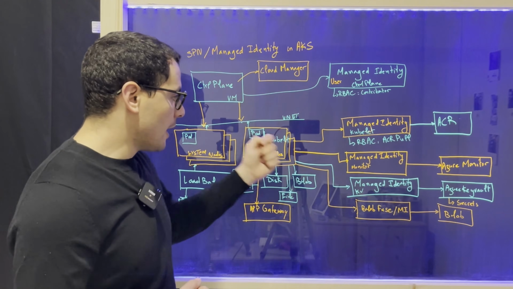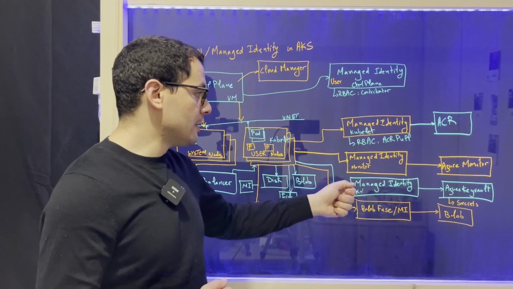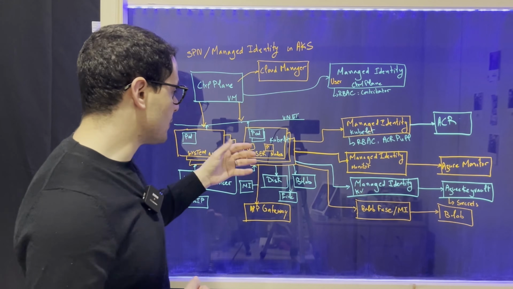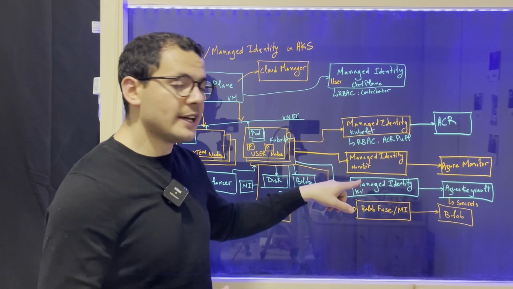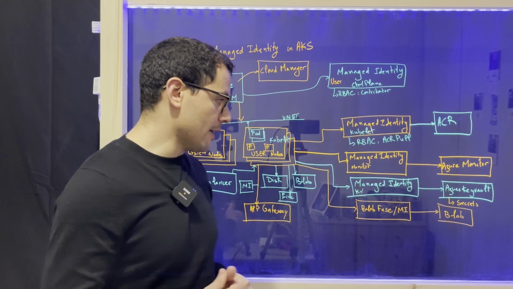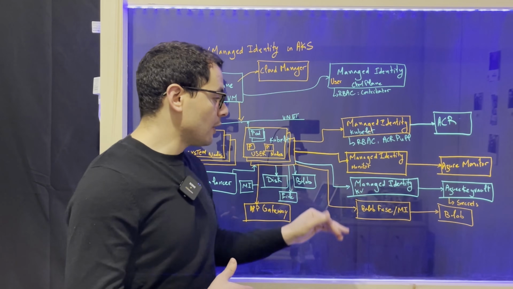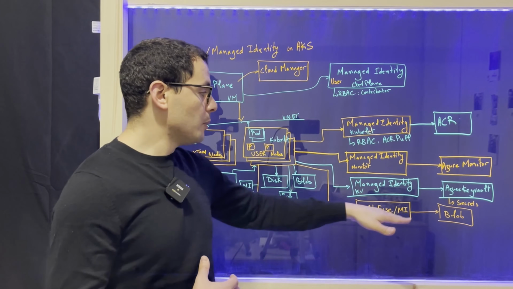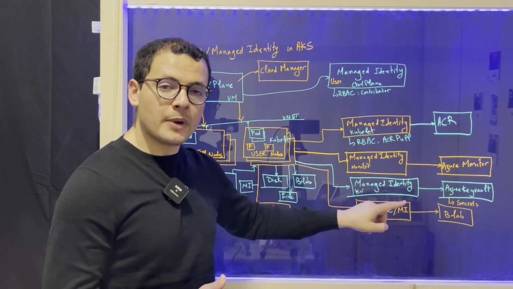there. Another plugin that we can use is to connect to the Azure Key Vault to get the secrets from there and consume those secrets from our pods, and that's using the Secret Store CSI driver. And the list goes on and on. For connecting to an Azure storage account or to a blob fuse, we can use also another managed identity for